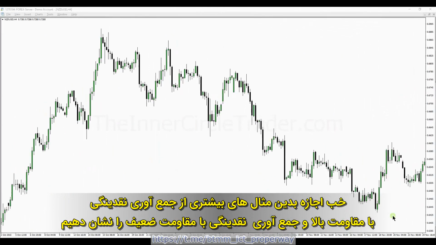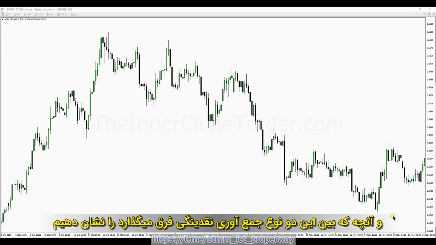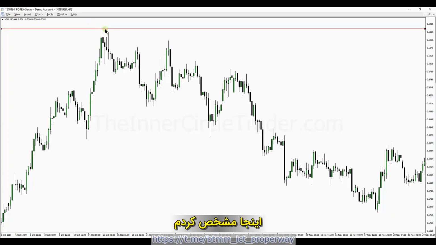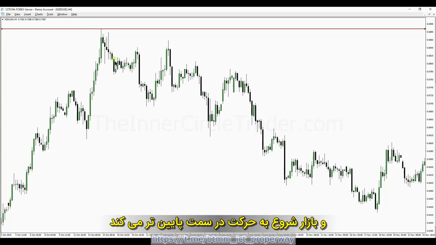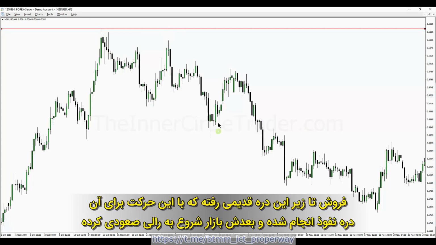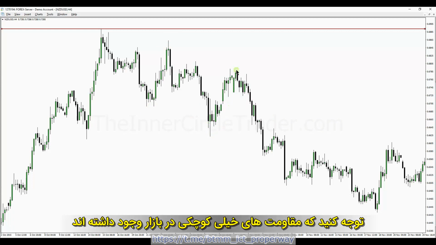Okay, so let's take a look at more examples of a high resistance liquidity run and a low resistance liquidity run, and what makes those two types of liquidity runs different. We have an old high back here, noted here, and the market starts to move lower, and we showed this example of price action here with this old high, violating this old high here, selling off, these old lows being violated here, and the market starts to rally up.